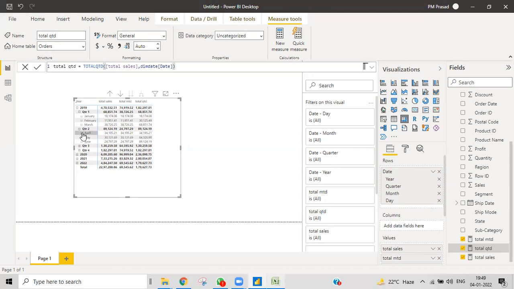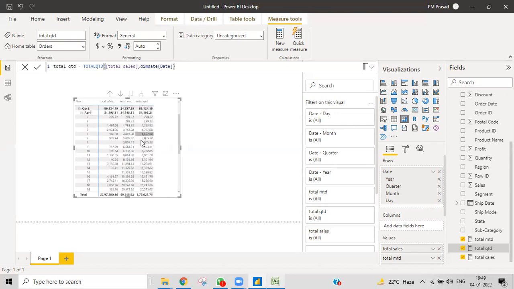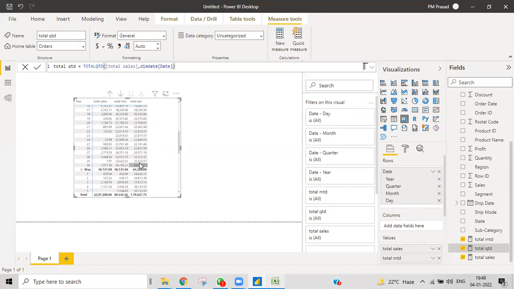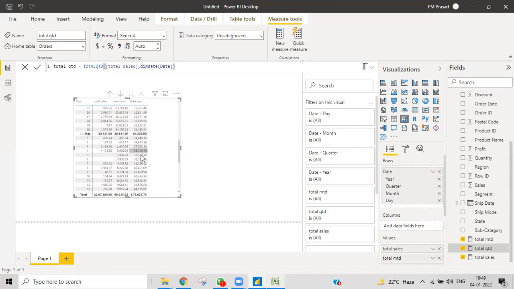I'll go over here and you can see that when the quarter started, it is trying to accumulate, and it will accumulate 34 over here. Whenever I start the next month, you can see here in MTD it started freshly in the month of May, but in QTD the cumulative continues into the next month.